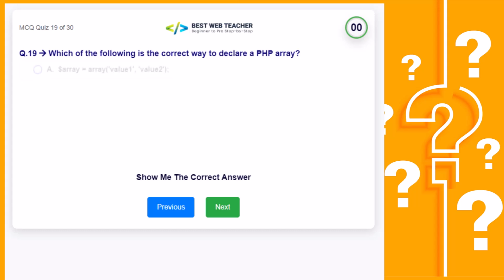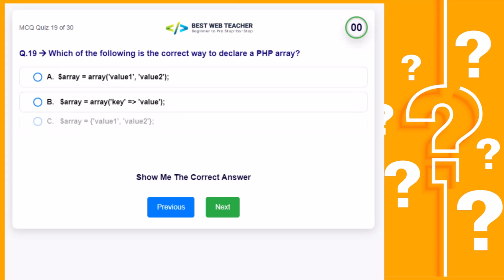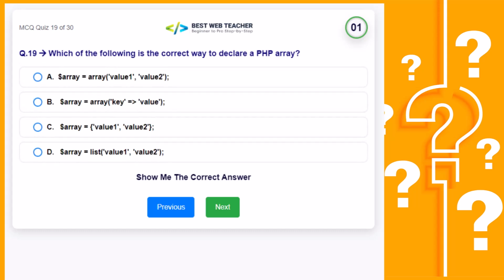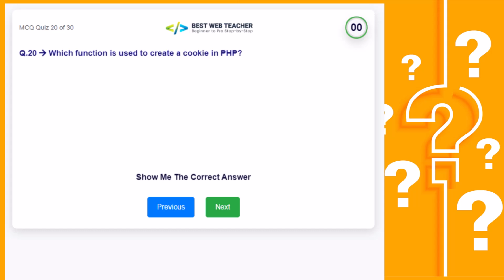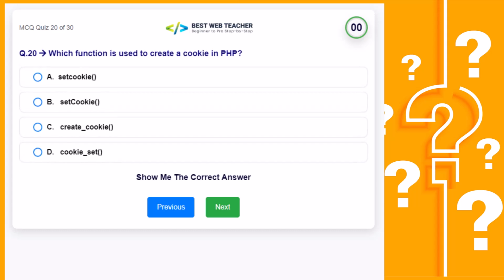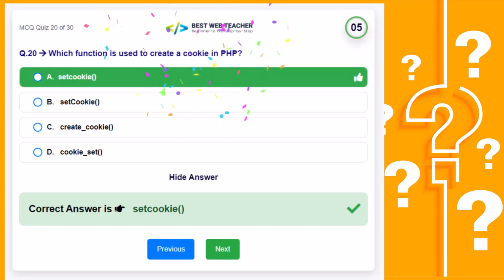Which of the following is the correct way to declare a PHP array? Correct answer is Which function is used to create a cookie in PHP? Correct answer is